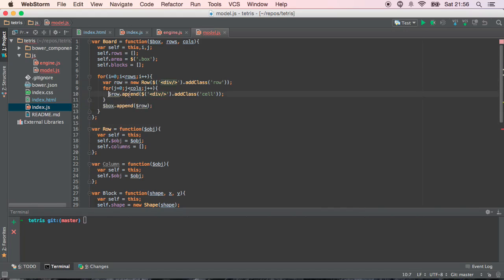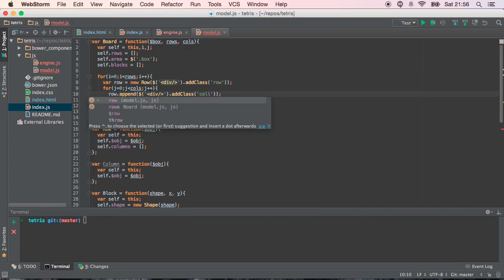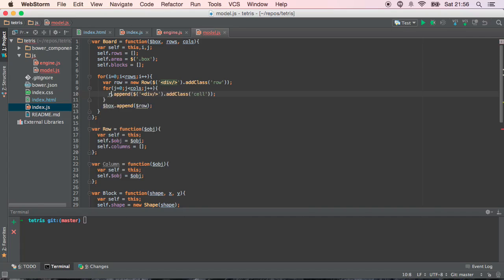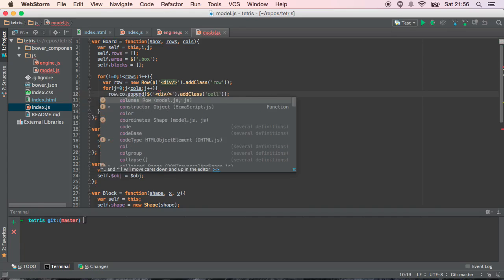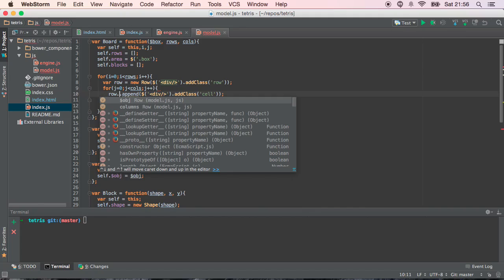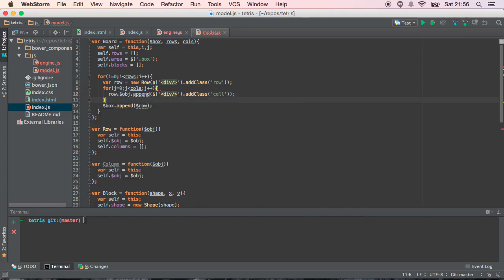And then we will now have to change this to row dot object, right? $obj dot append, and because this is going to get kind of long, we'll say var call equals that, and then we can do